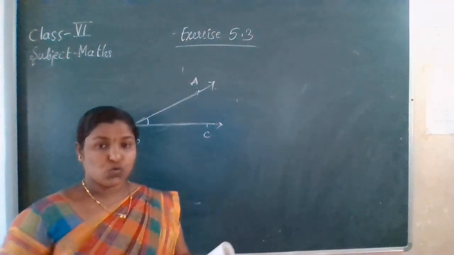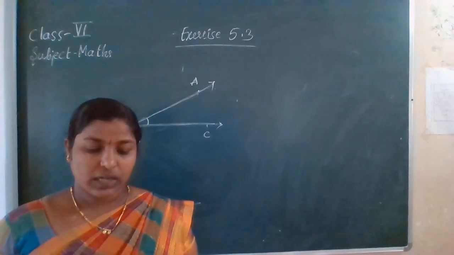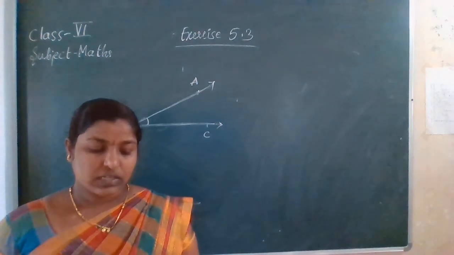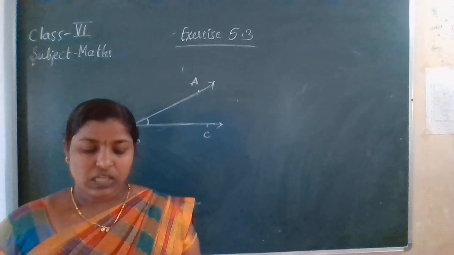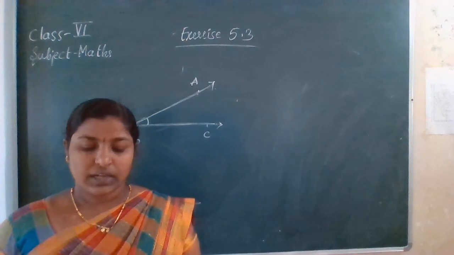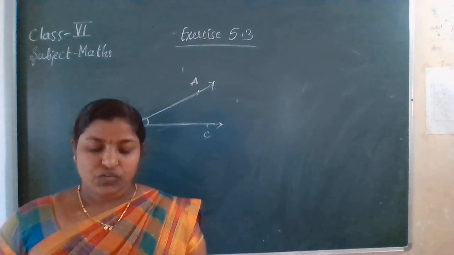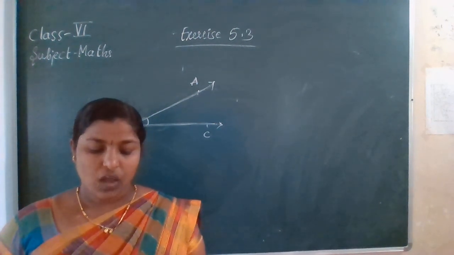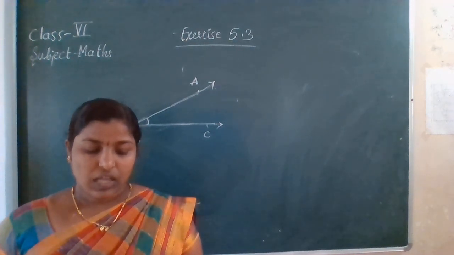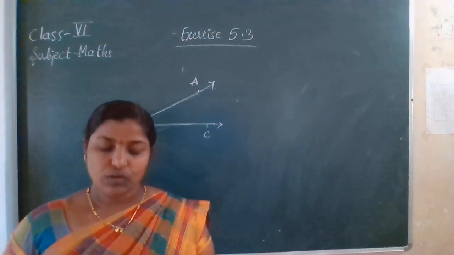Like this you should measure the angles. How to measure the angles: place the protractor so that the midpoint M of its straight edge lies on the vertex B of the angle. Adjust the protractor so that BC is along the straight edge of the protractor. There are two scales on the protractor. Read that scale which has the 0 mark coinciding with the straight edge. The mark shown by BA on the curved edge gives the degree measure of the angle. We write measure of angle ABC equals 40 degrees, or simply angle ABC equals 40 degrees.